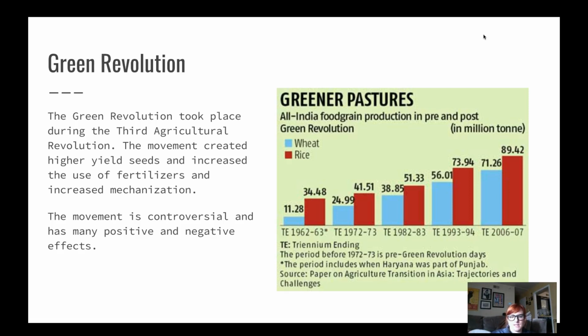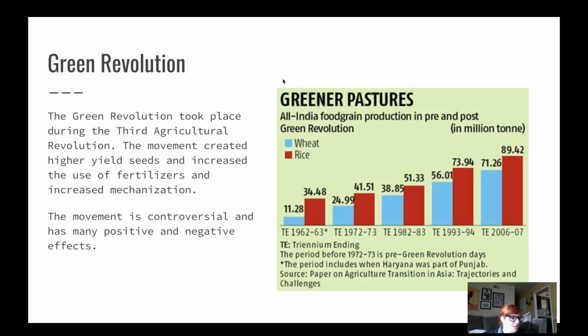So the Green Revolution took place during the Third Agricultural Revolution. So when you think Green Revolution, it's just part of the Third Agricultural Revolution. Now here's what's confusing. In modern day society, we tend to use that word green, like going green, in a positive light, right? It means eating organic and recycling and taking better care of the environment. When we say green revolution, that isn't really what we're talking about, okay? We're actually talking about using pesticides and chemicals, which I think a lot of us today would say is not a very green practice, okay? So try not to confuse those two. We really mean two different things.